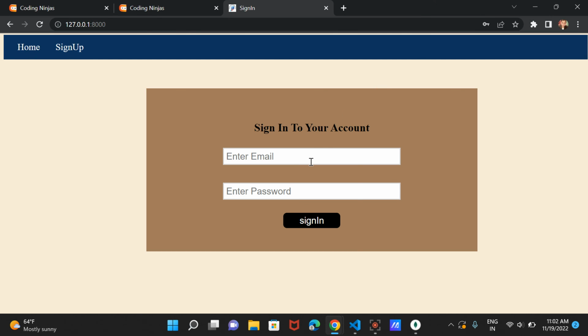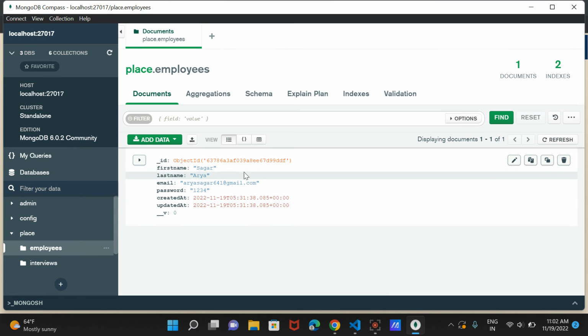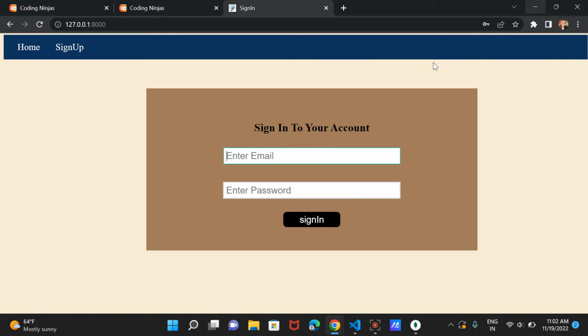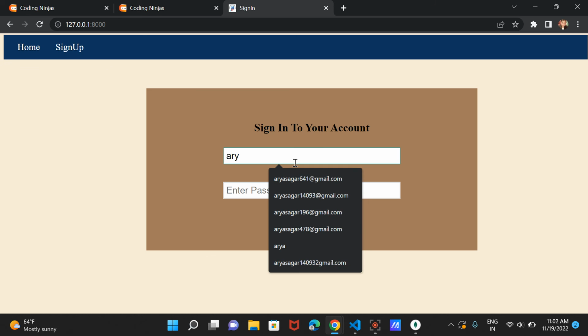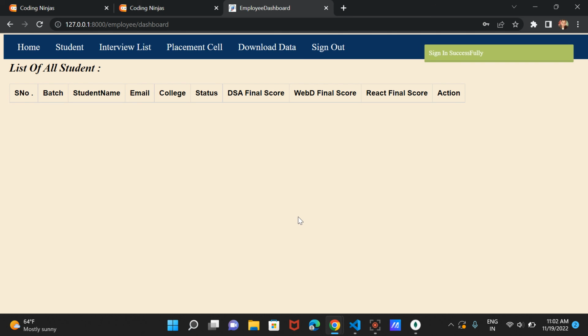Then we write here our email ID. What is our email ID? The email ID is aryasagar641, and the password is 1234. Then go to sign in. That's it. Finally, we entered